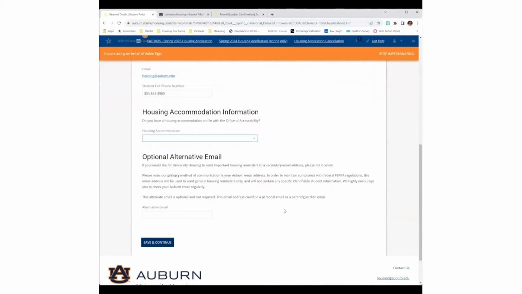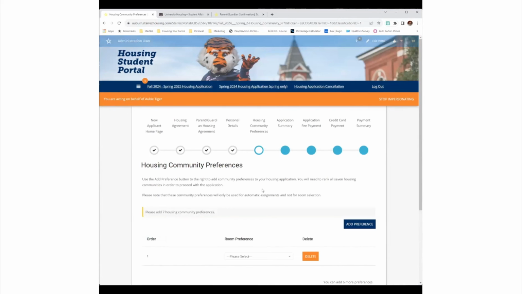Please note that the student Auburn email is our primary method of communication, so it is still important to continue to check that email regularly, as this is where we will send student-specific information. The secondary alternative email address will serve as another way for university housing to communicate general housing reminders and important dates and deadlines. As you continue to proceed through the housing application, the next page you will land on will